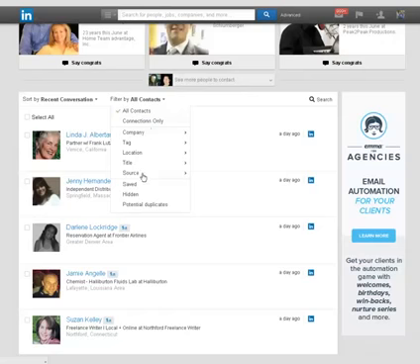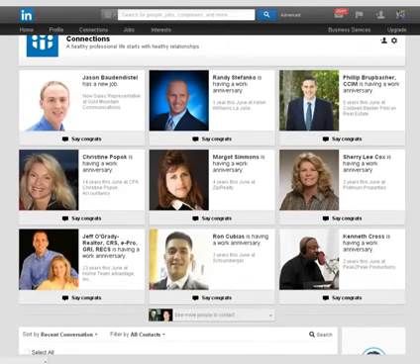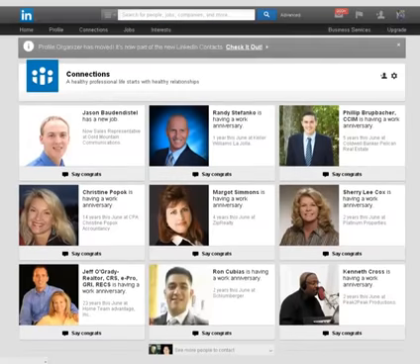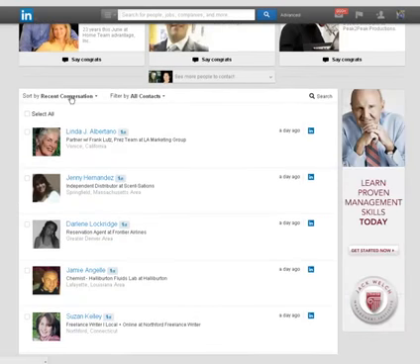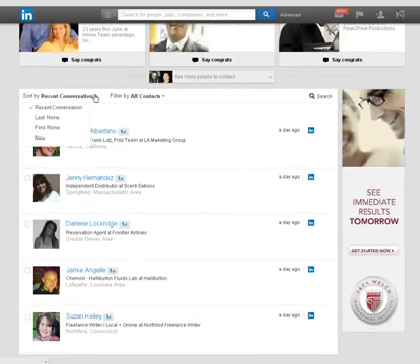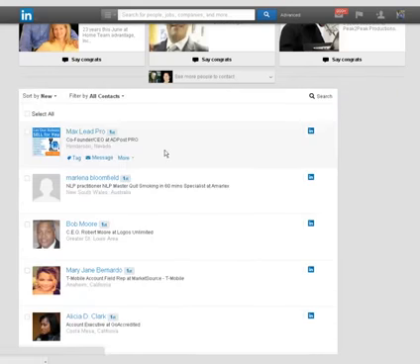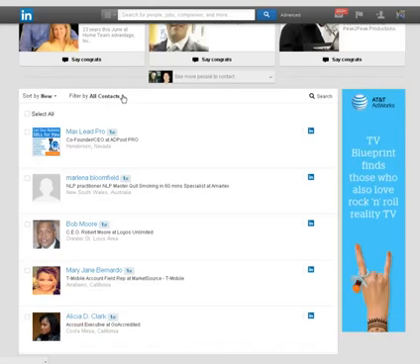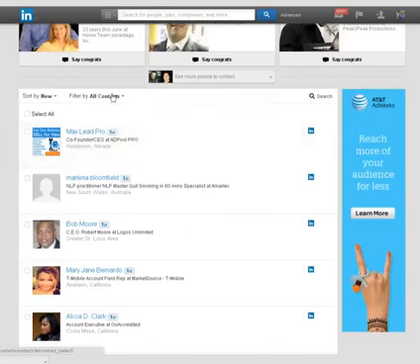Now, one thing you can do is this. You can filter by all contacts, by company, source, whatever you want. So let's say I have a bunch of people in my first level. We can go in here, staying in touch, keeping in touch. And you can actually go in at the bottom. Now, these are the people that have something going on today, so we're going to skip that. We've already done that. You can sort by recent conversation right here, by last name, first name, new. So anybody new into my network, I can pull that up, and it shows you exactly who they are. That's pretty powerful.